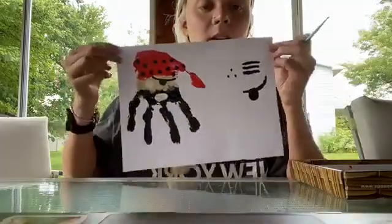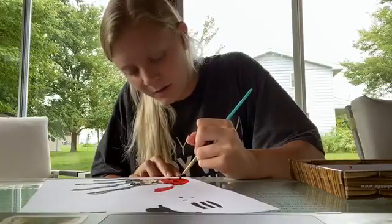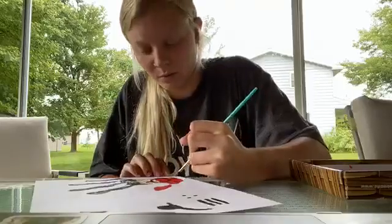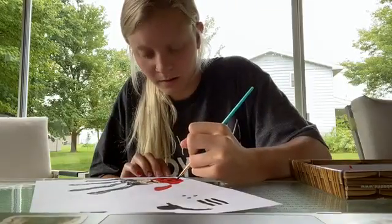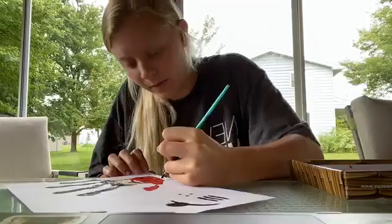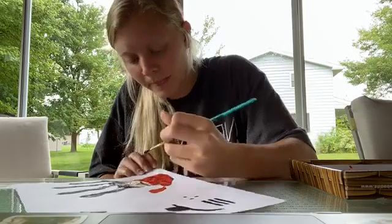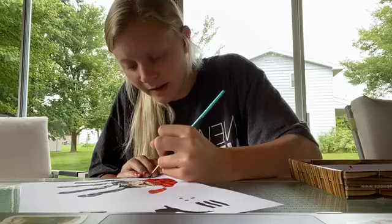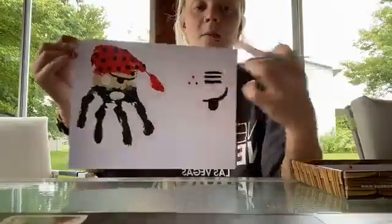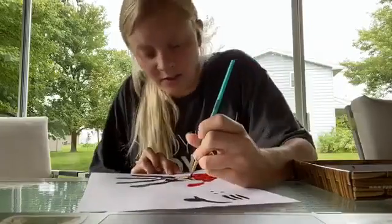So this is what it's looking like as of now. We will continue filling in this top portion with circles. But again, it's really up to you and what you like. Alright, so now I have most of this filled in. I just have this little end portion, and just to show you guys the different designs, I'll just be doing